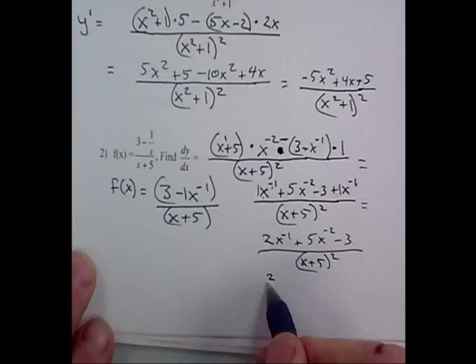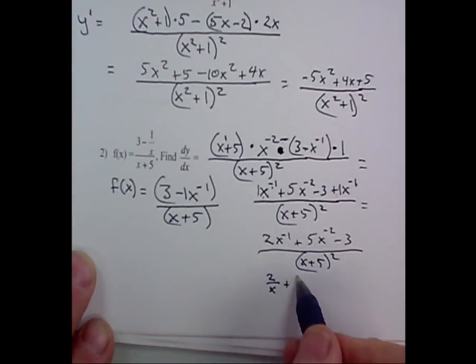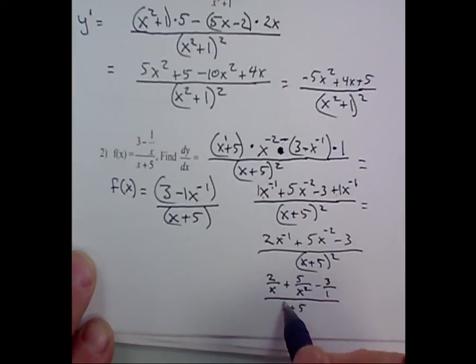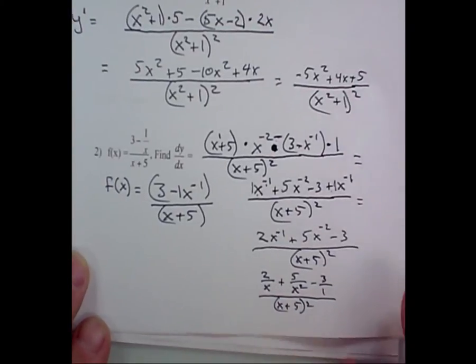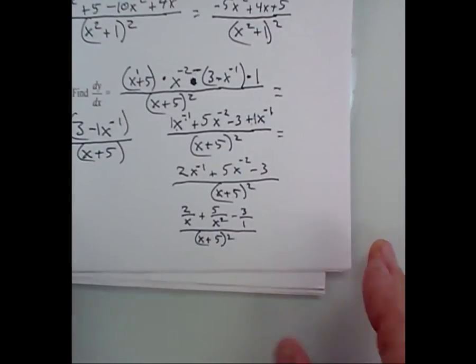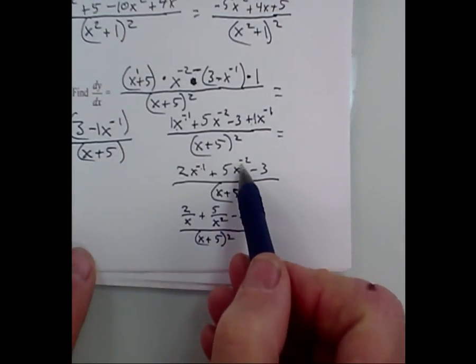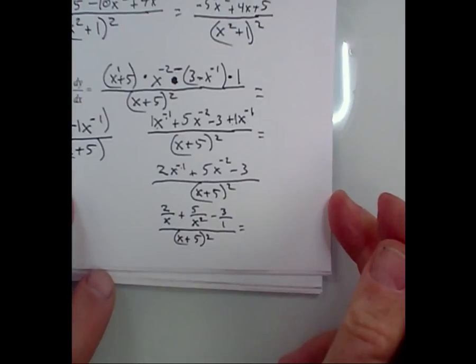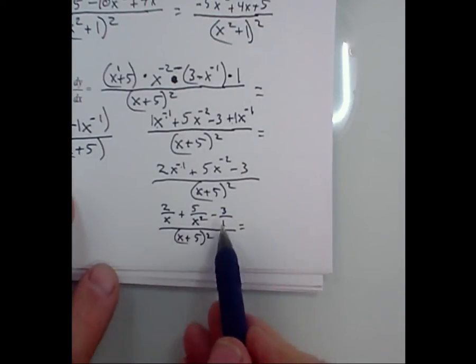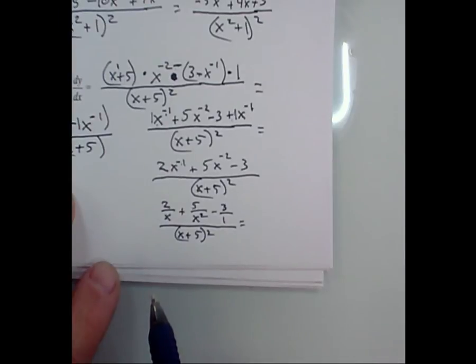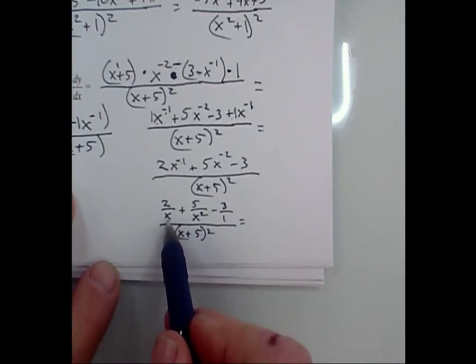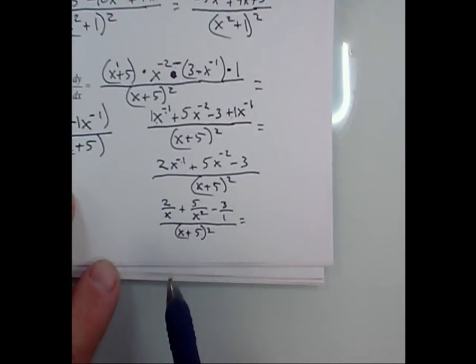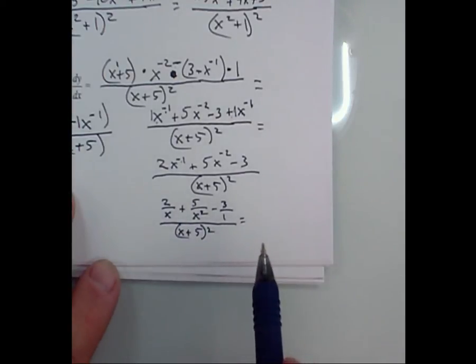This gives me 2 over x plus 5 over x squared minus 3 over 1 over x plus 5 squared. This means this should go to the denominator. This means this should go to the denominator. Morgan, what's my common denominator of these three fractions? Well, it's the product of those three. Or,